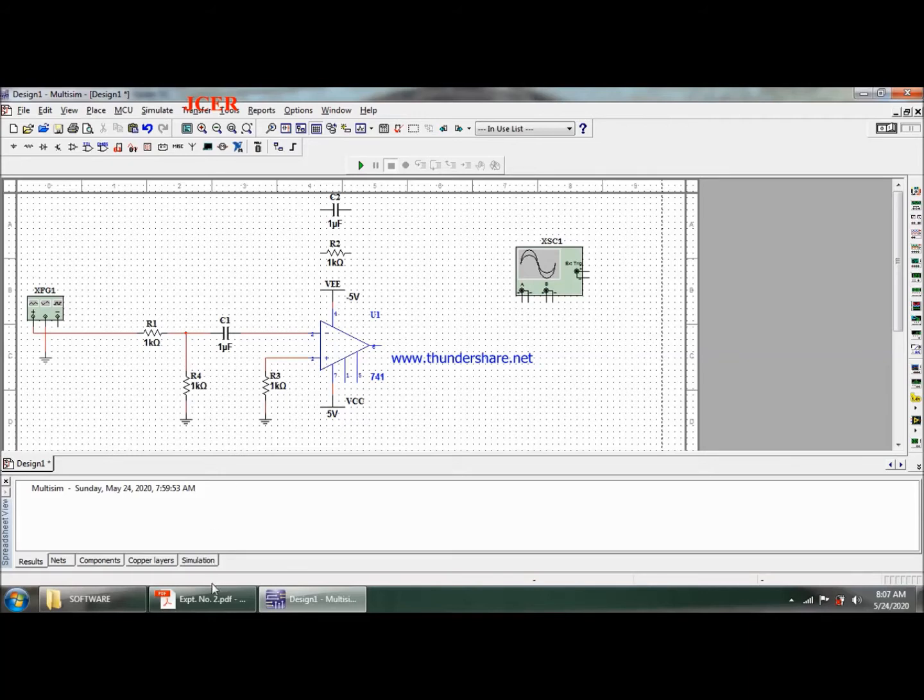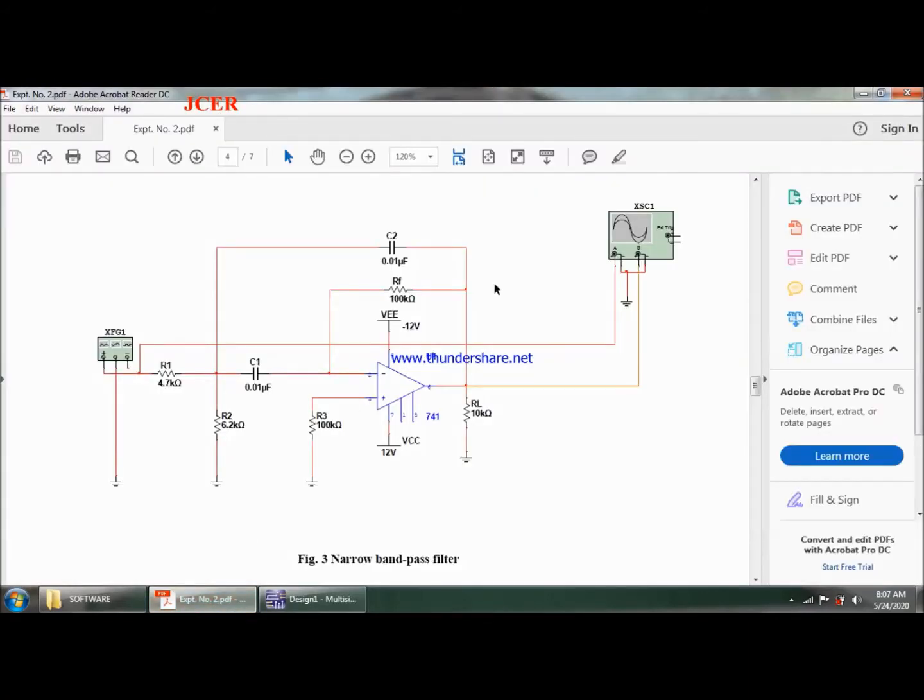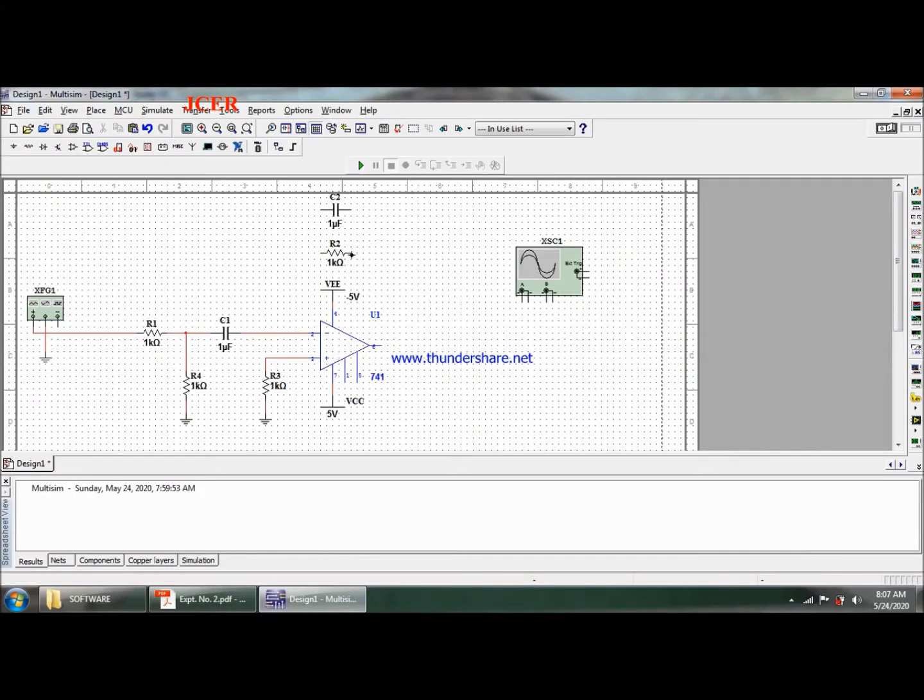Then I need to connect the feedback resistor and the feedback capacitor. Since it is feedback, it has to be connected between the output terminal and the inverting input, to be more specific. So this has to be connected to the output as well as to the input.